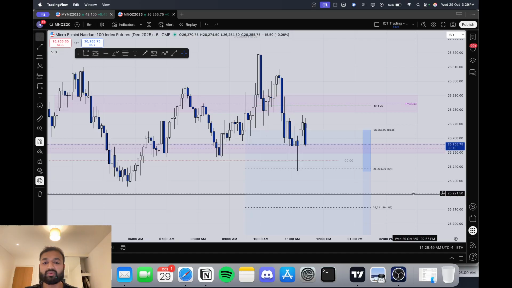Something important for today, we are yet to retrace to the 50%. If I mark low to high, at that point we haven't traded to this 50%. And when price doesn't retrace to that 50%, you know that that's something we are probably going to hit. This was the 4 hour that I marked, the level on the 4 hour chart that I wanted price to go to.